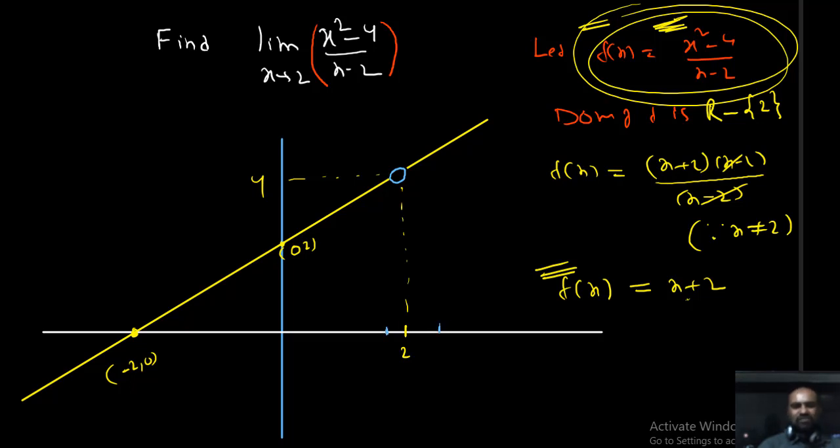What is f of 2 minus, students? Observe. That is tending to 4. What is f of 2 plus? That is also approaching 4 only. What happened? When x is approaching 2 from lower values of 2, y is approaching 4 from lower values of 4. When x is approaching 2 from higher values of 2, automatically y is approaching 4 from higher values of 4. But here f of 2 is not defined.